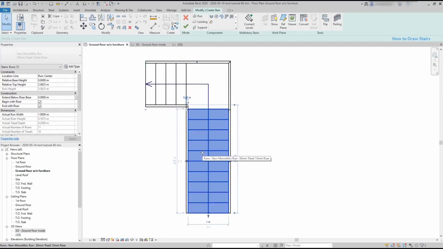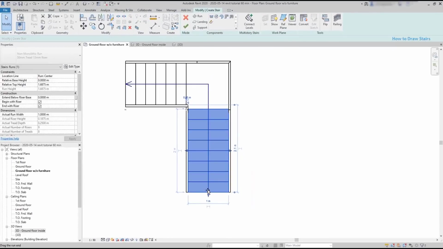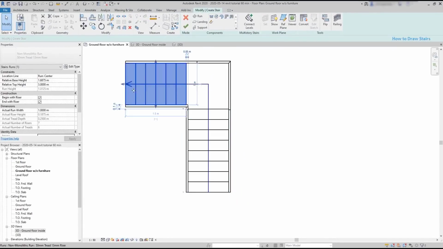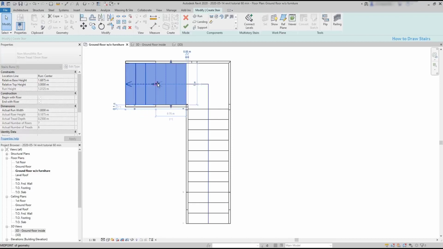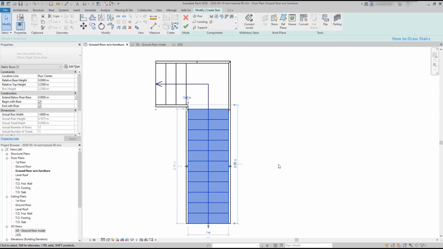Let's look at them. If I click and hold the grip at the end of the run, I can increase or decrease the number of rises here. But at the same time, on the opposite side, the number of rises updates to keep the desired number, in this case 16. The controls at the sides change the run width, and the same can also be done in the parameter at